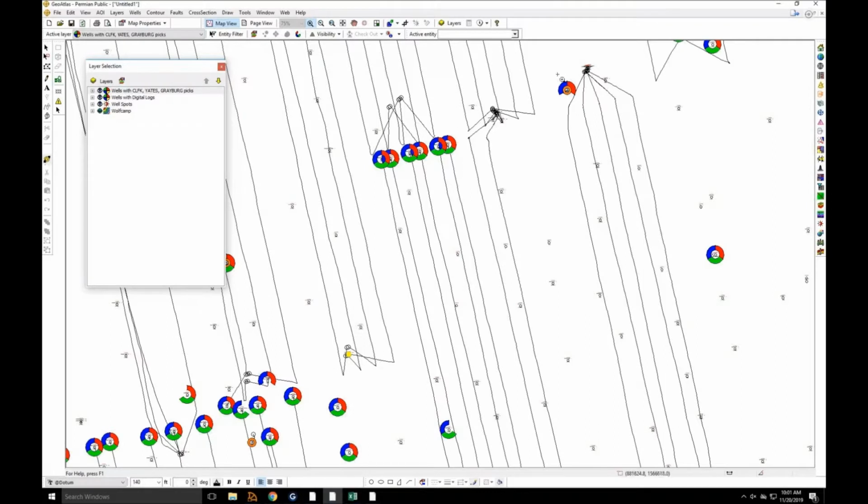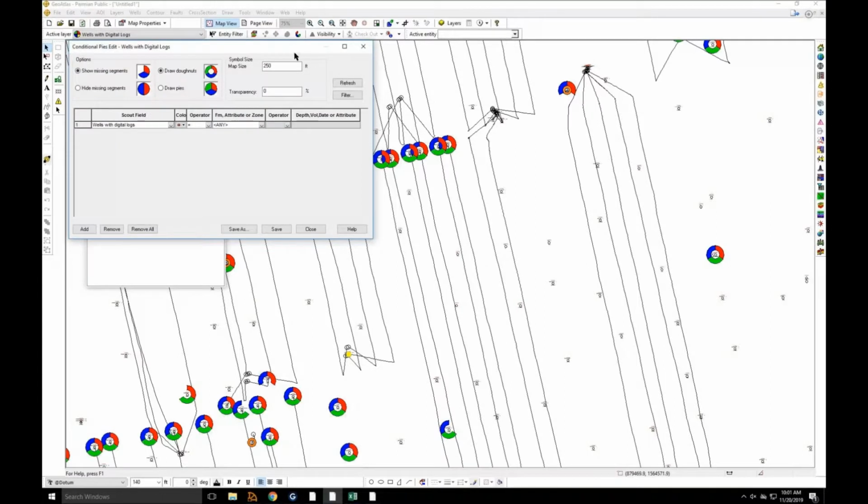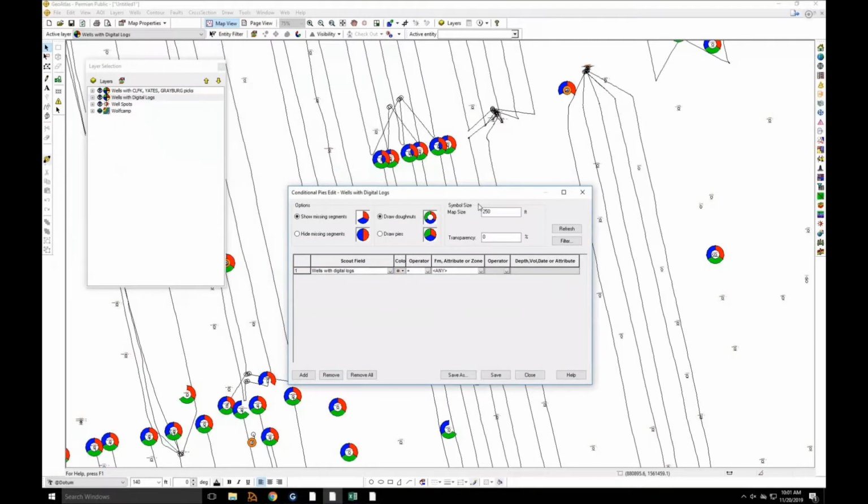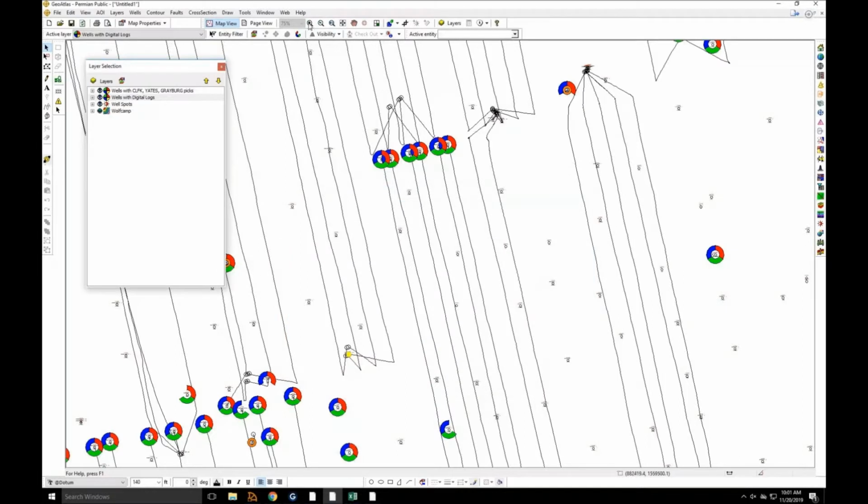You can also, and this is sort of an interesting thing, get a little creative with how the tool works. So if I make wells with digital logs active, and update that layer, you can see here that I changed my map size a little bit. The default is 500 feet, but I'm going to change that to 250 feet. So why would I do that? Well, if I go to this well here,